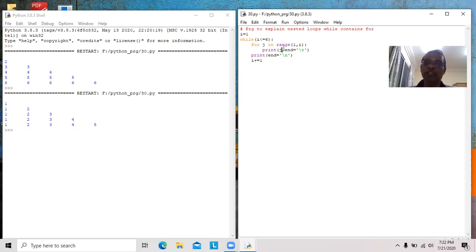In conditional structures or conditional statements, there are 3 categories. One is alternative or selective or branching, which is already finished: simple if, if else, and elif. The next category is iterative statements or repetitive statements, which is also finished. Two statements are there: one is for, another one is while. The third category is jump statements.